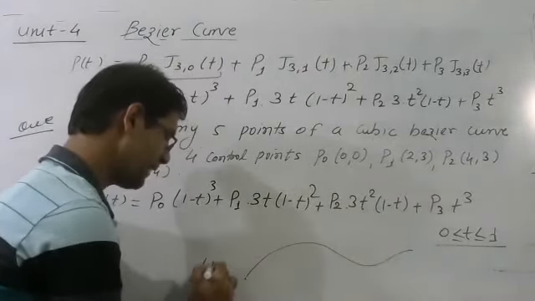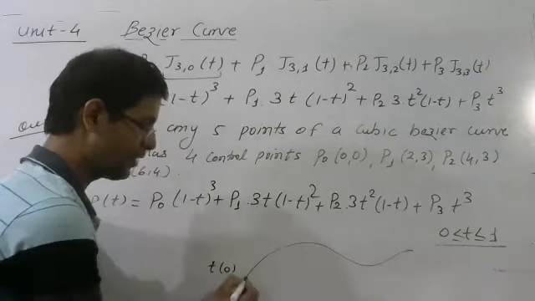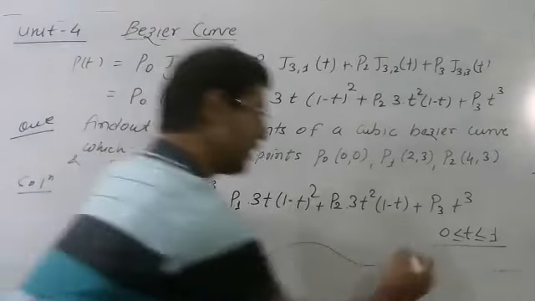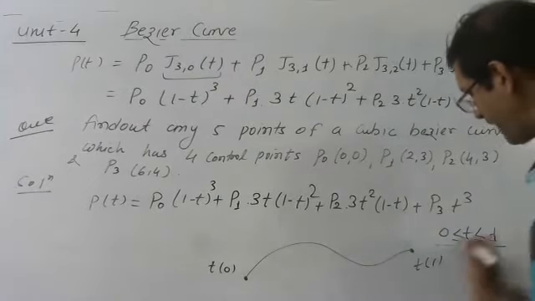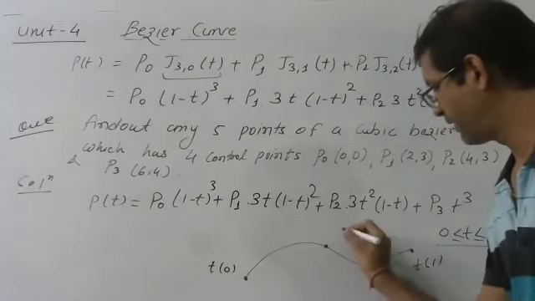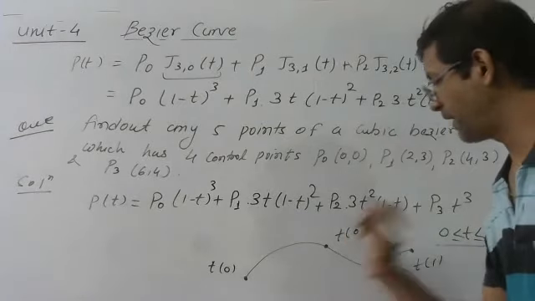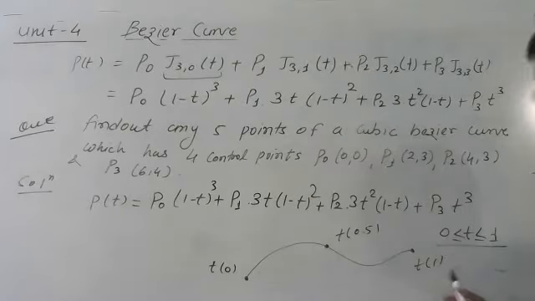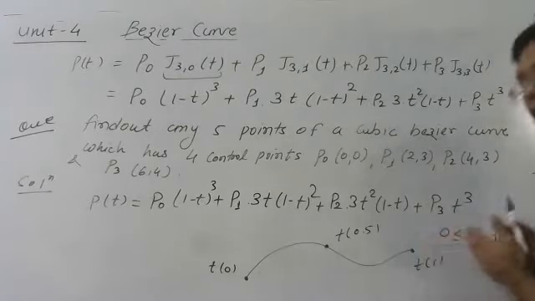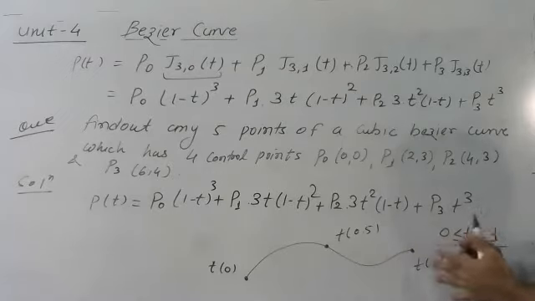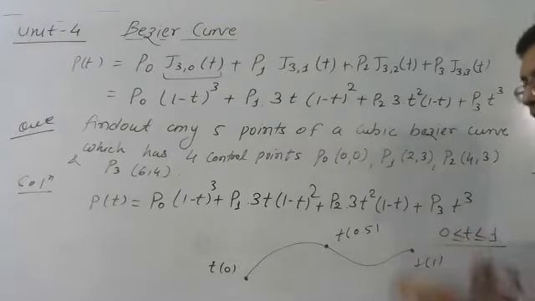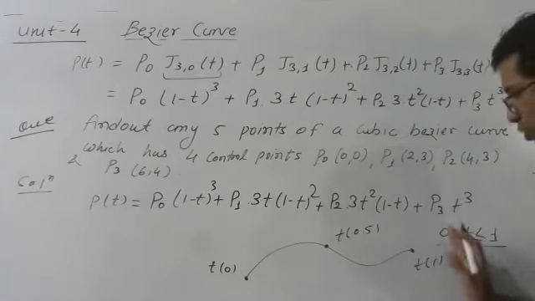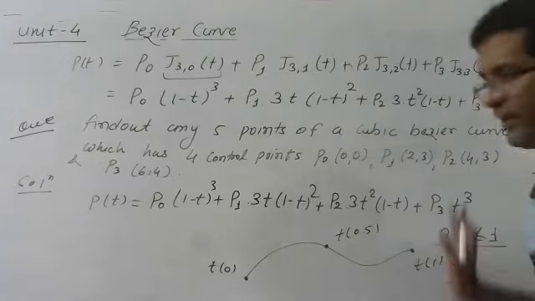So if I am taking the value of t as 0, it means I am calculating this point. If I am taking t equal to 1, I am calculating this particular point, that is the last point of the curve. If I am taking t equal to 0.5, it means I am calculating the middle point of the curve. So it is better to take values at some difference, like 0, 0.25, 0.5, 0.75 and 1, so that you can draw the curve. So take some uniform distance between the values of t. Otherwise you can take any values like 0, 0.1, 0.2, 0.3, 0.4, anything.